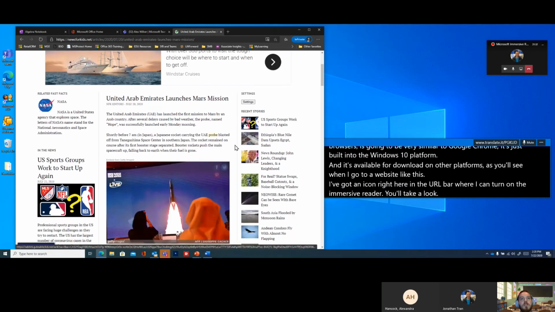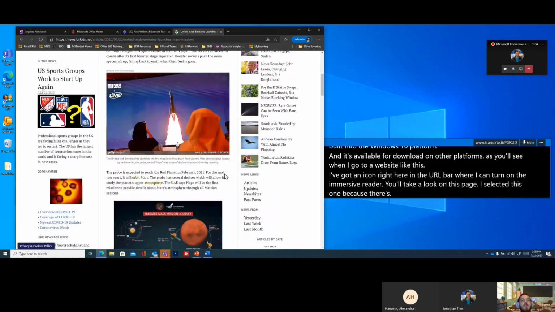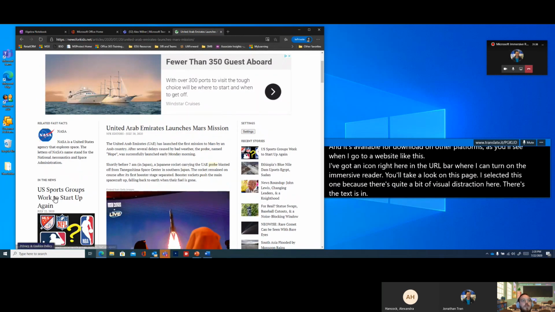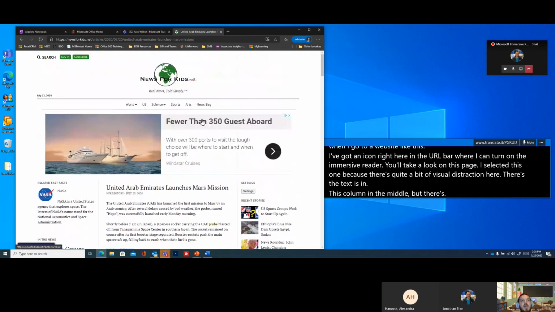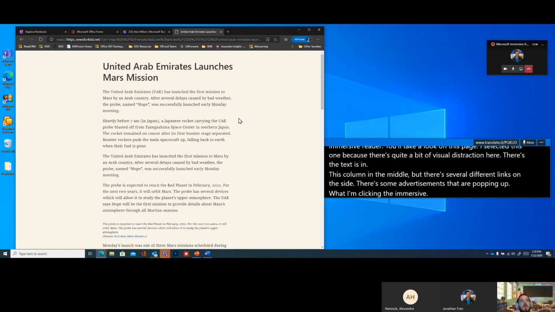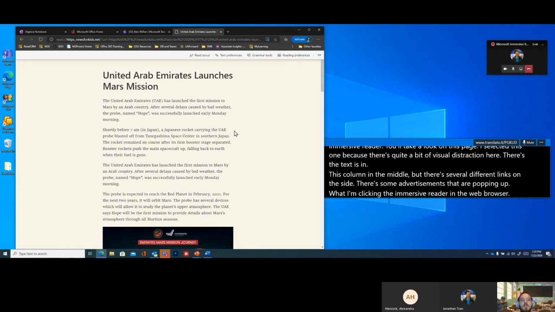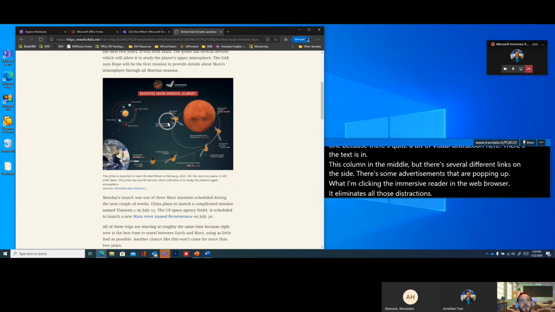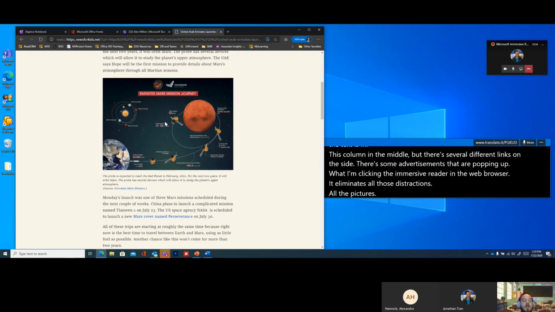You'll take a look on this page. I selected this one because there's quite a bit of visual distraction here. The text is in this column in the middle, but there's several different links on the side. There's some advertisements that are popping up. When I'm clicking the Immersive Reader in the web browser, it eliminates all those distractions. All the pictures that are relevant to the article or the content that I'm looking at are still available,